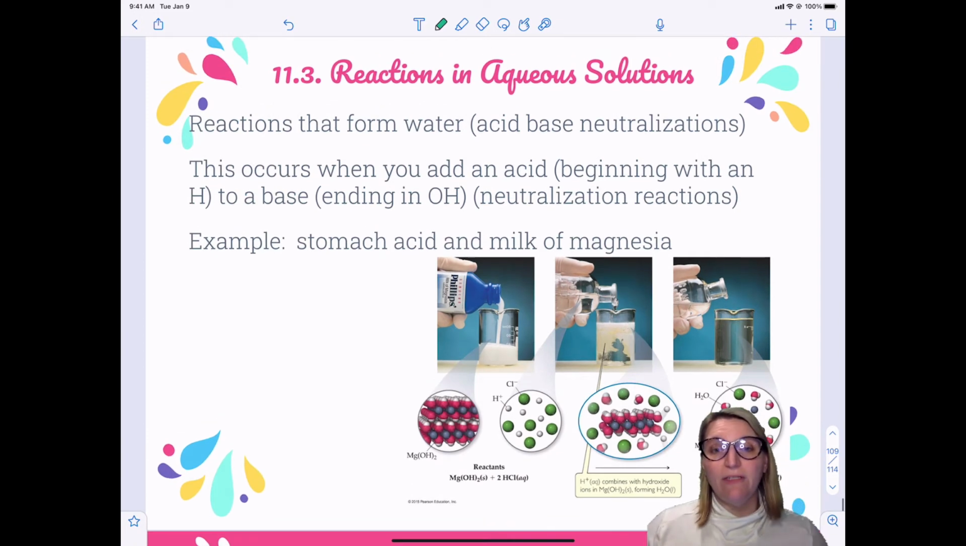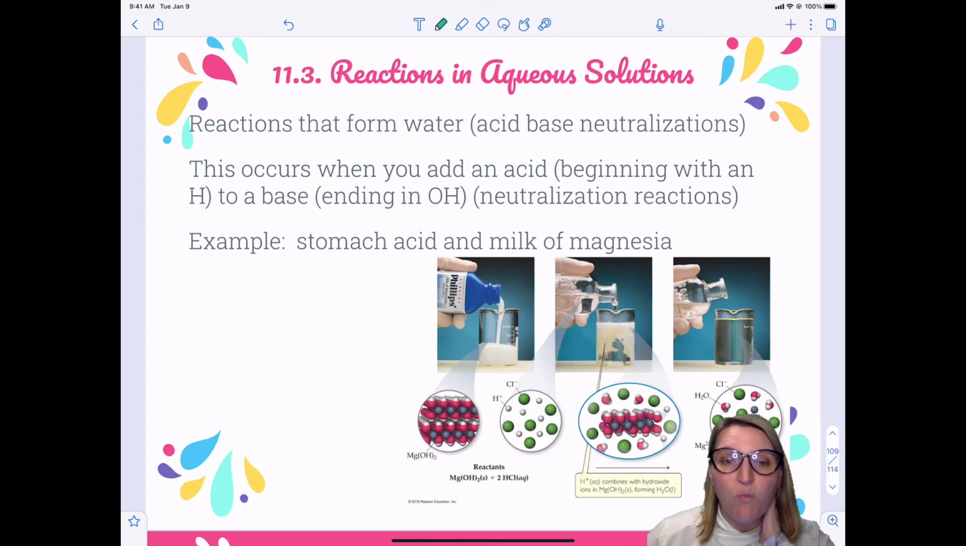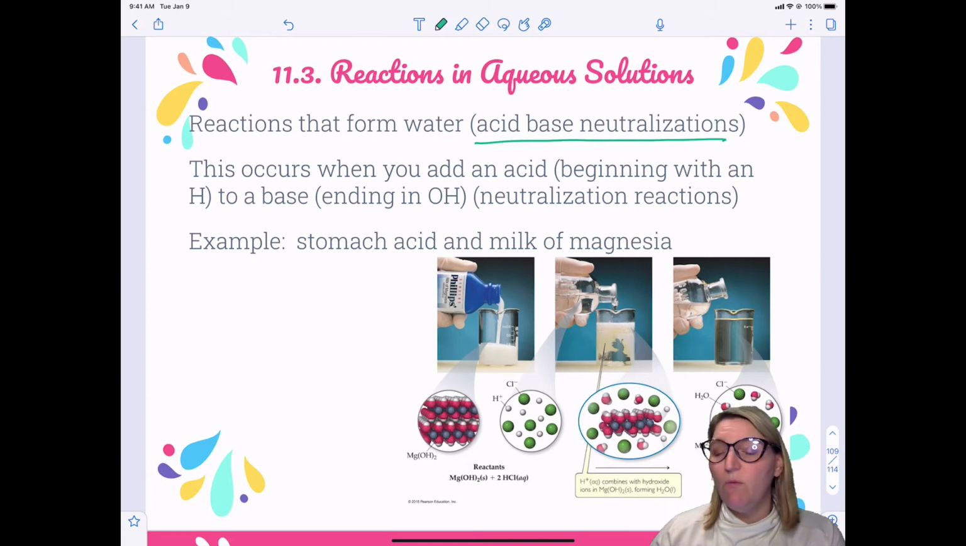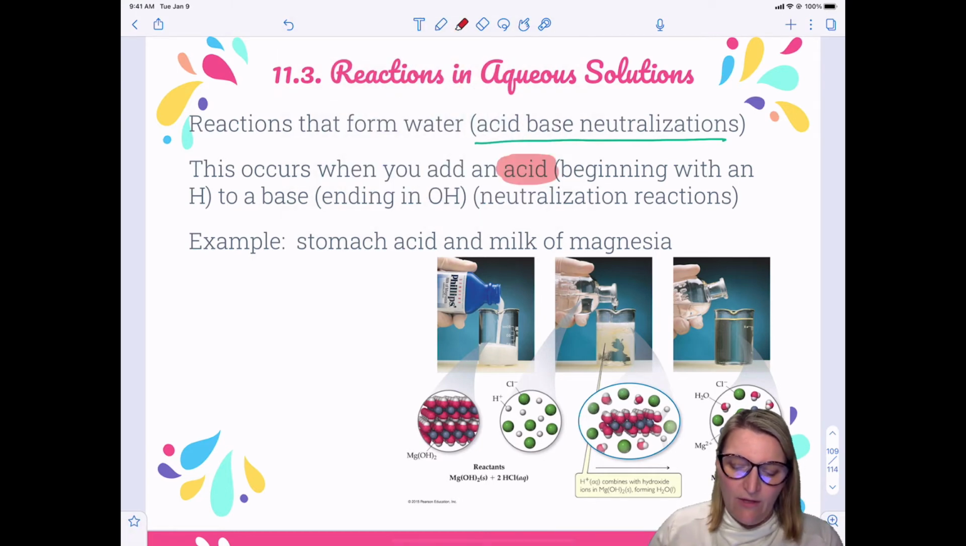But now we're going to move on to the other two types of reactions. This is the reaction that forms water. So that's an acid-base neutralization reaction. We haven't really talked much about what acids and bases are, and we won't really until the very end of the course. But you may know from middle school that an acid is a compound that generally begins with